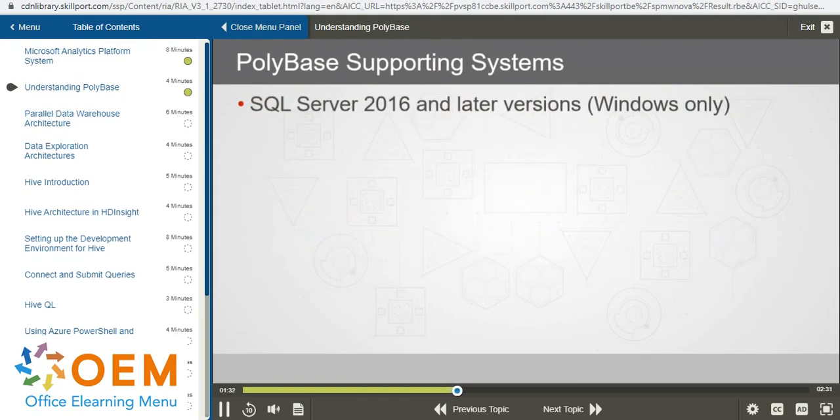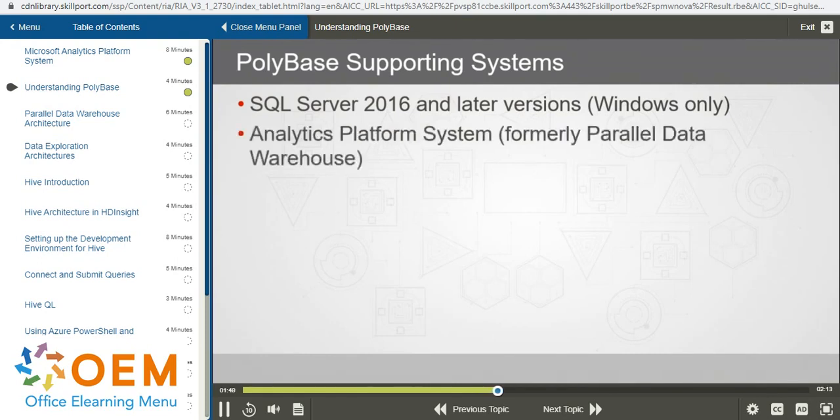Now let's understand how we can enable Polybase. If you want to get support of Polybase, you need to ensure that you have SQL Server 2016 and later version. Please understand that installations done on Windows only will support Polybase. Second important component which is required in order to enable Polybase capabilities is Analytics Platform System. We need to also ensure that we have Azure SQL Data Warehouse products. So with combination of these three important components, we can enable